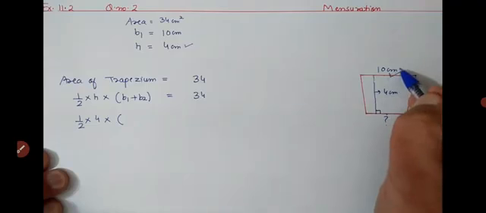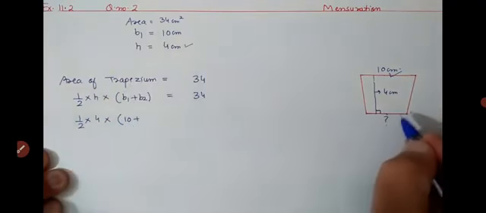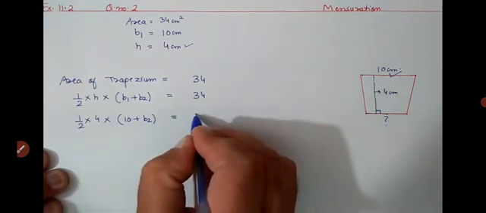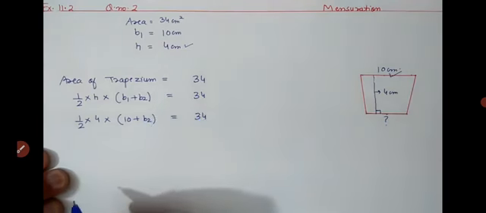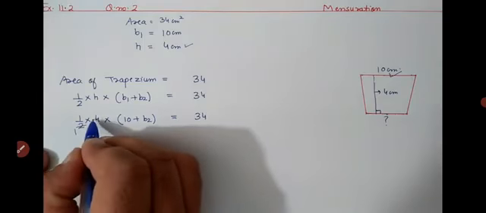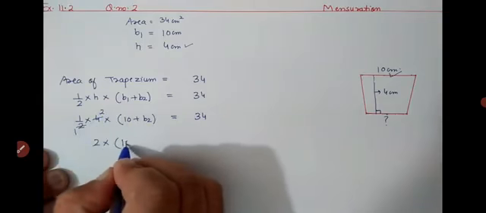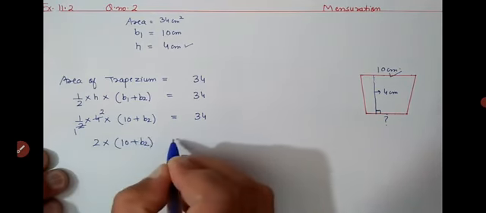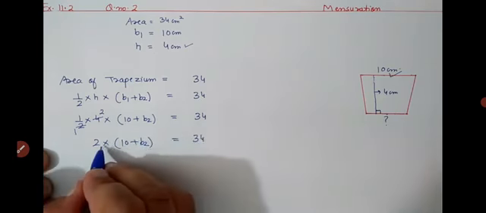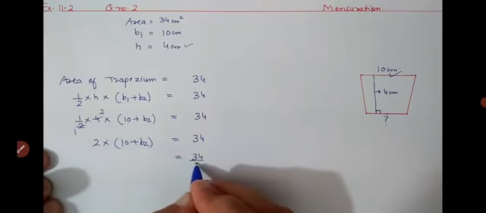So B1 is 10 centimeter plus B2, which is not found, so we can write B2, and it is equal to 34. So 1 by 2 into 4, 2 ones are 2, 2 twos are 4, so we can get 2 into 10 plus B2 is equal to 34. When we multiply 2 into 10, we can get 20,